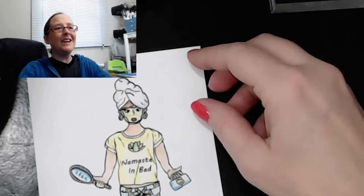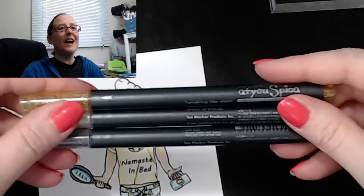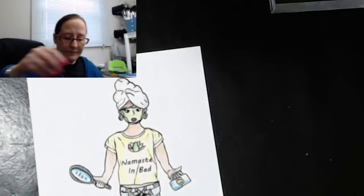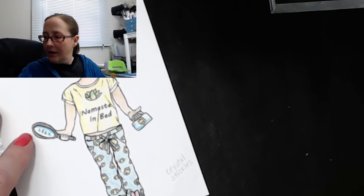Anyway, so that's another way to get glitter on your projects. Buy your Wink of Stella if that's your thing of choice. Super easy to use. It's not messy. It's not going to rub off on anything. And then for, where is my,